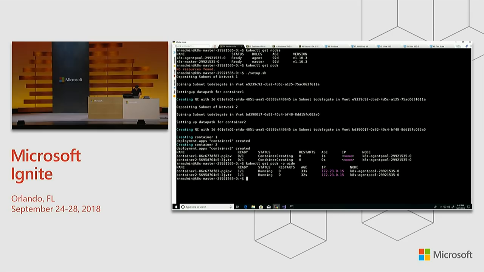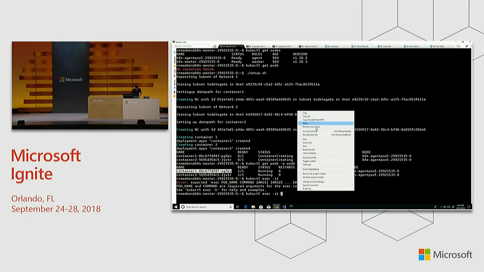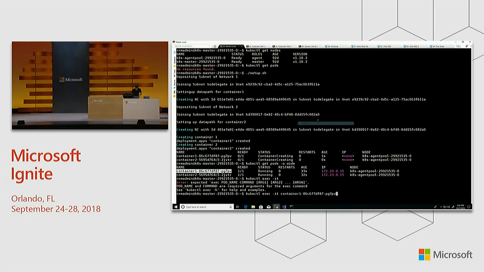So I'm going to actually kubectl exec -it into this first container. Whoops. Copy, paste, bash,